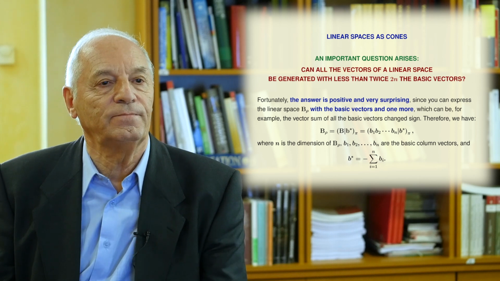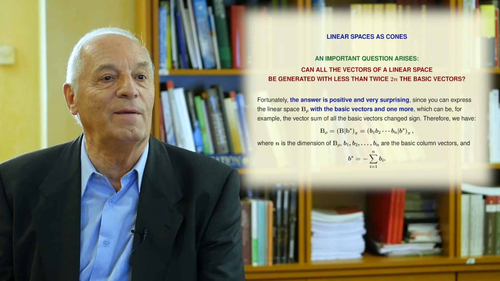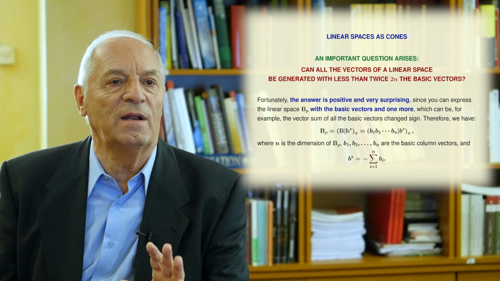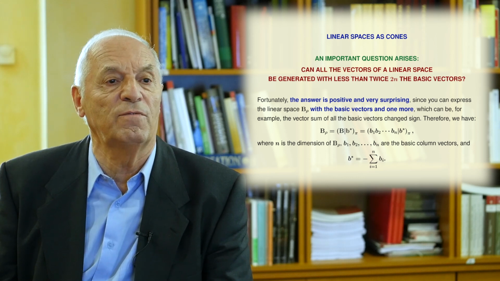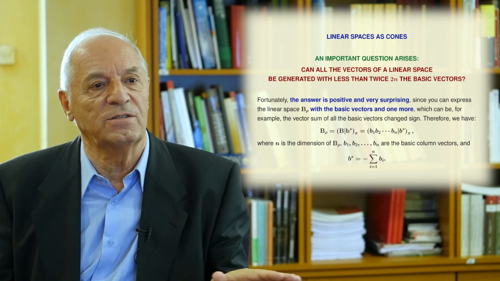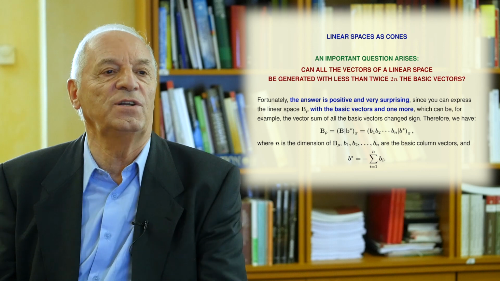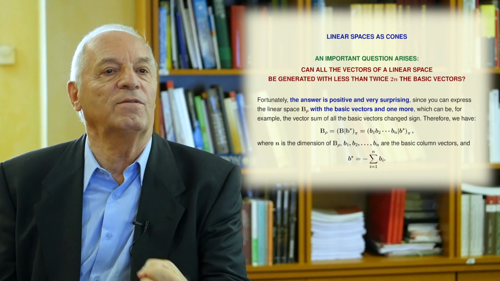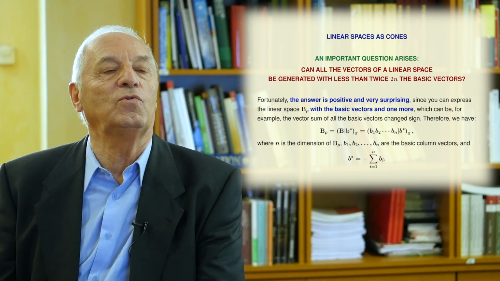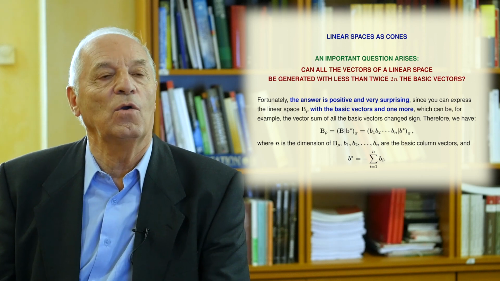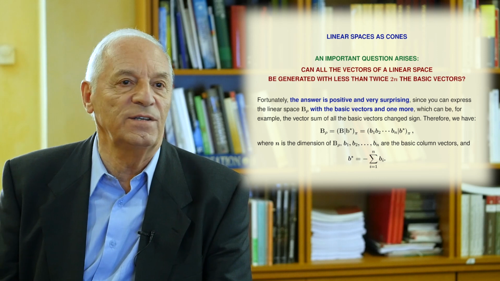And I am going to tell you how this new vector is to be added to the basis. There are several possibilities, infinitely many solutions for that vector, but I am going to give you one. If you add all the basic vectors and change sign, that is, you generate the vector b, which is minus the sum of all basic vectors, this is the new vector that you need to add in order to allow you to write any vector in the subspace with non-negative coefficients. I think this is a very interesting and surprising result.